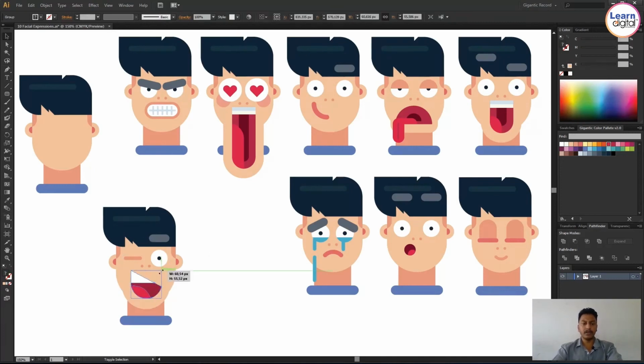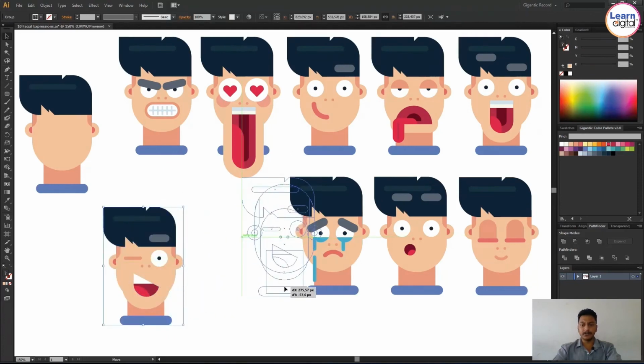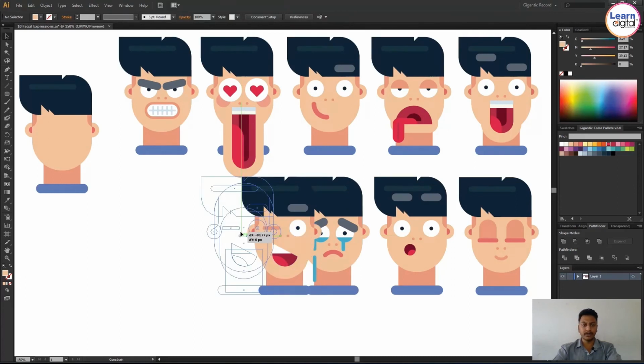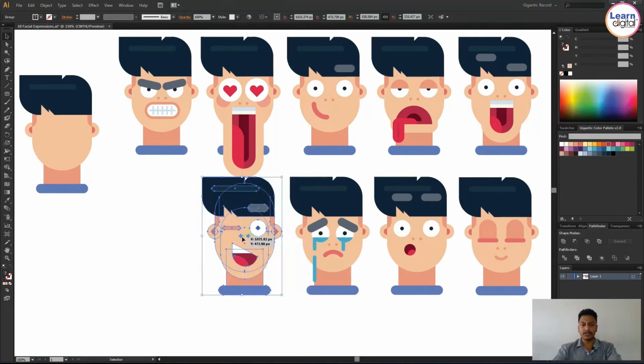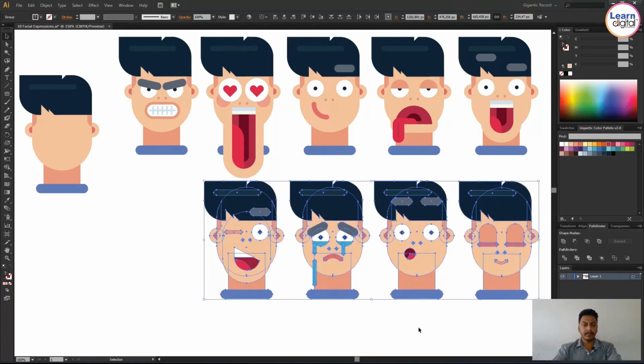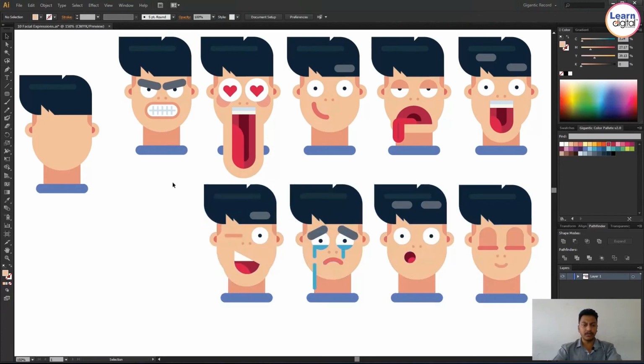This is how, normally, in Facebook, Instagram, WhatsApp and everywhere, you can see stickers, right? Stickers, smileys, emojis with different expressions. This is how we normally create them. This is the only process where you can create this kind of character with expressions. And this one will be the last of my expressions.